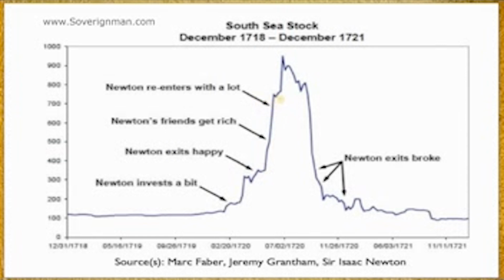So he upped his bet, and of course prices went up, so he was initially happy. And then when they dipped down, he probably would have thought, oh, it's probably similar to that dip that occurred during his first investment. But of course it wasn't. Prices plummeted and he exited, and so he would have lost about 70%, 75% or more of his second investment there. And he actually ended up exiting broke there.